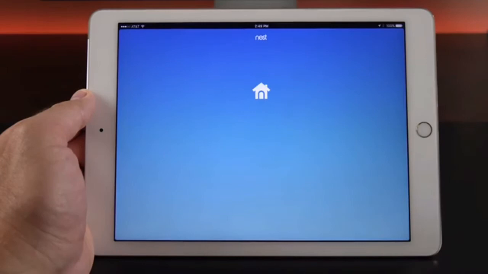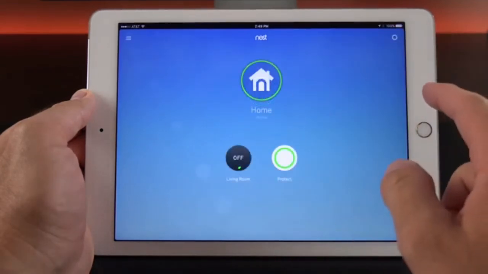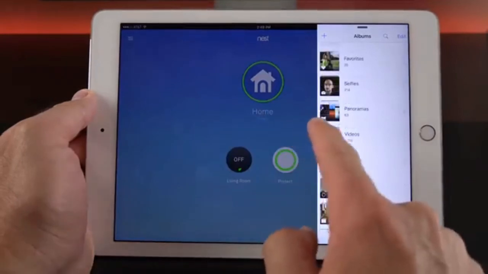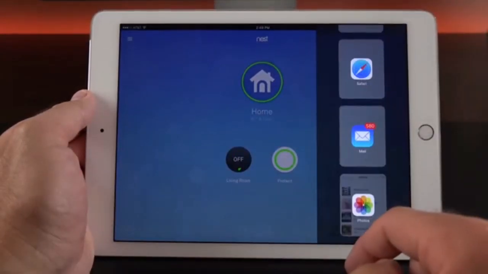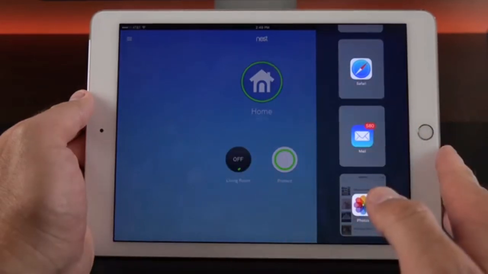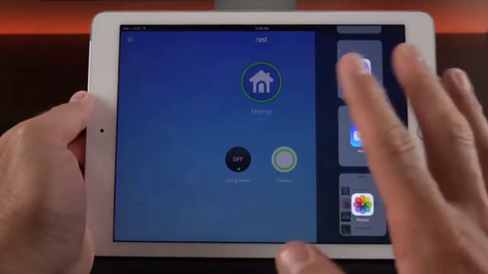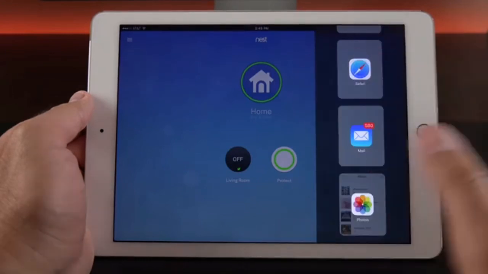Now it's important to keep in mind that not all apps are compatible with this. So for example, I have the Nest app here. If I swipe in from the right edge, I no longer have that grab bar, but I can still peek at this app or select a different app to look at, but that means I can't open them side by side. But of course, apps can be updated with iOS 9 later to support